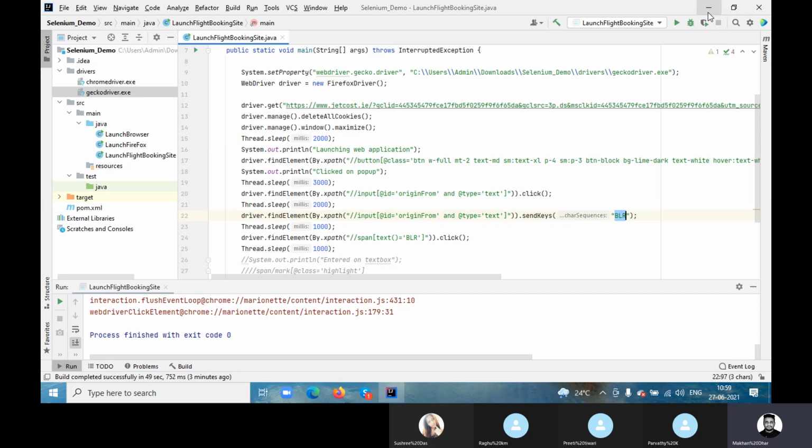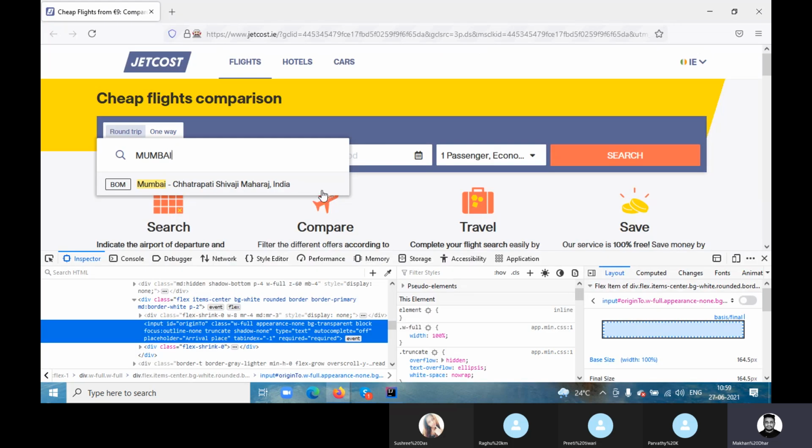Then you have to do. So see, in real time you will have a scenario, right? Scenario wise, like flight booking from Bangalore to Mumbai, or Mumbai to Bangalore. There would be some scenario, right? Specific, based on that, you will not do random, right? The test case would be there, like okay, search with Bangalore to Mumbai, or Mumbai to Bangalore, or whatever. Based on that, because every element will have a different locator, right? So there may be a case.